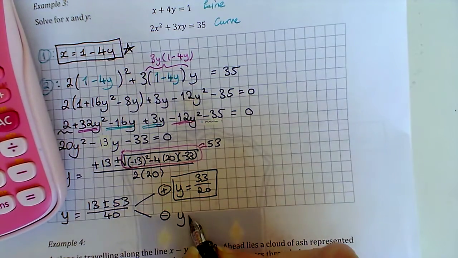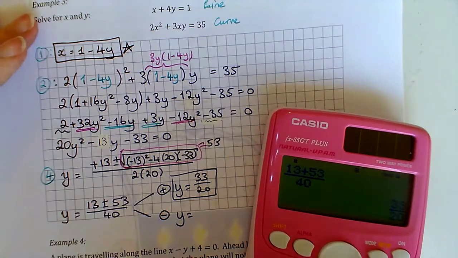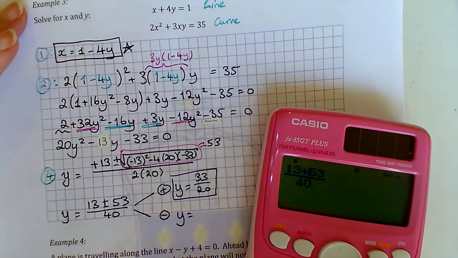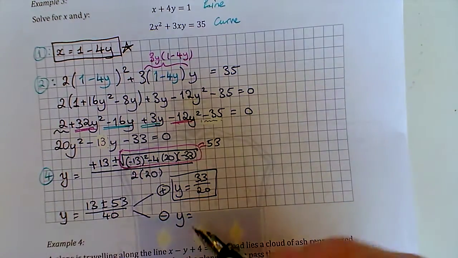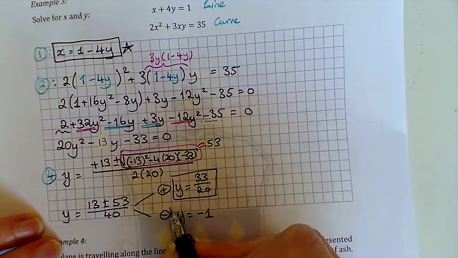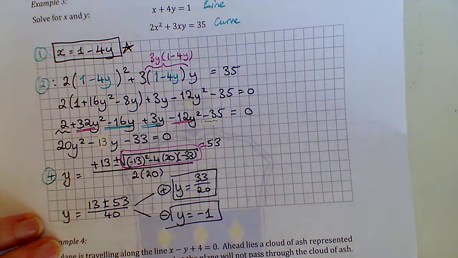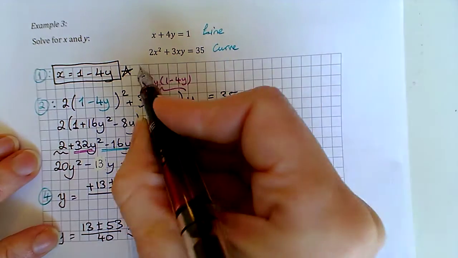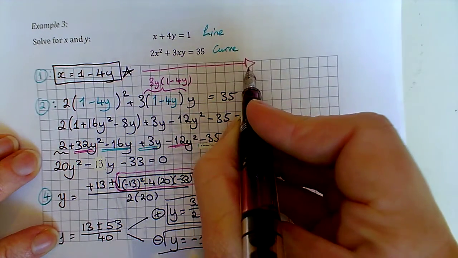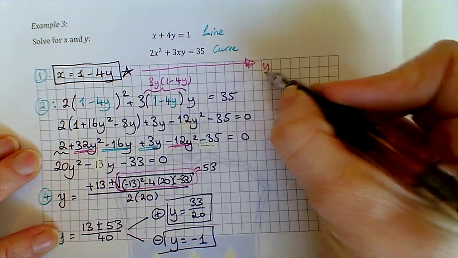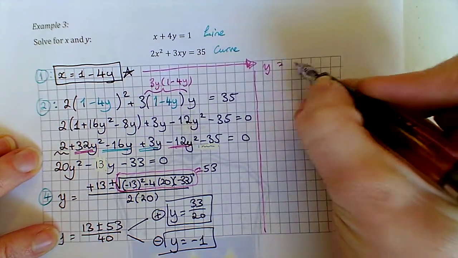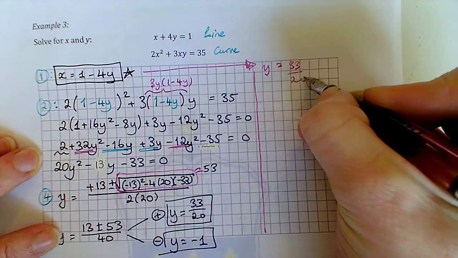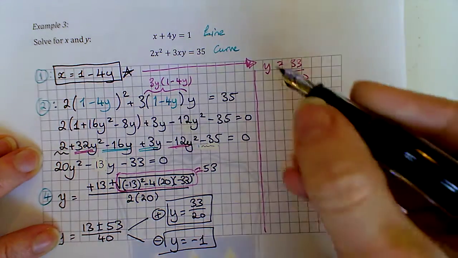And my minus answer, same thing, but come back here and change that plus to a minus, minus 1. So y is minus 1. Now for each of those answers, I need to plug them into my star equation. So when y is equal to 33 over 20, x is going to be